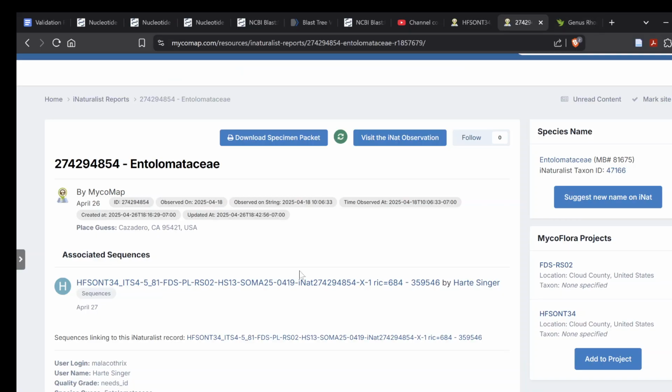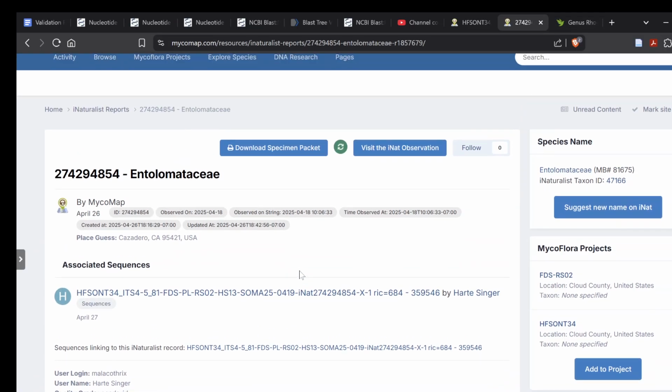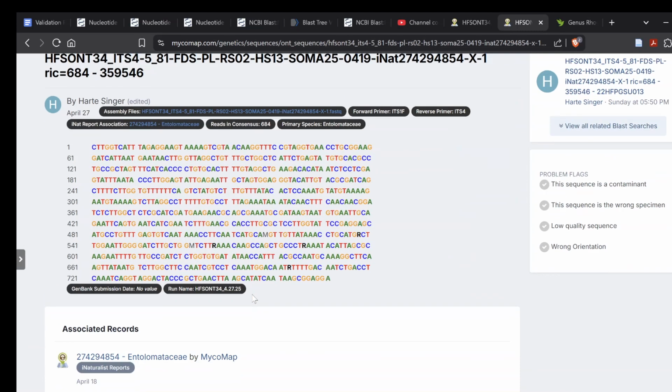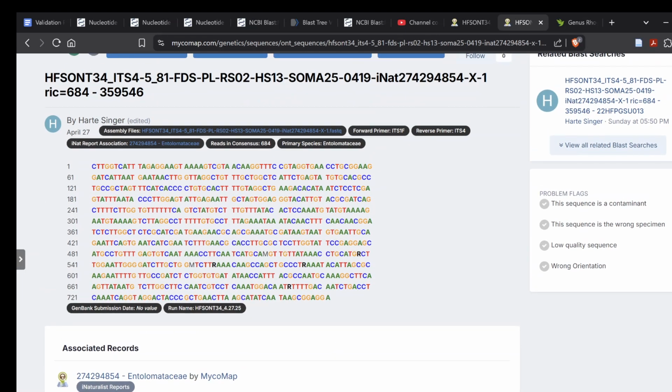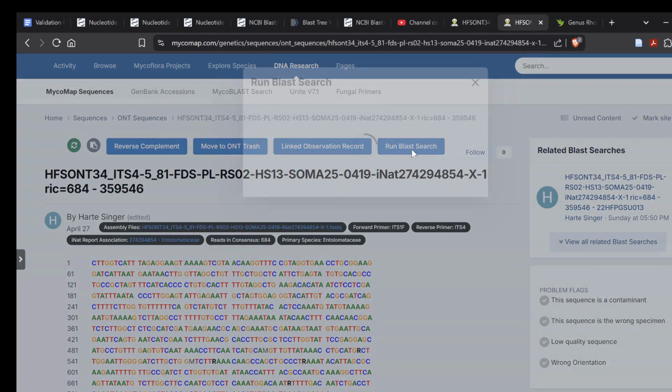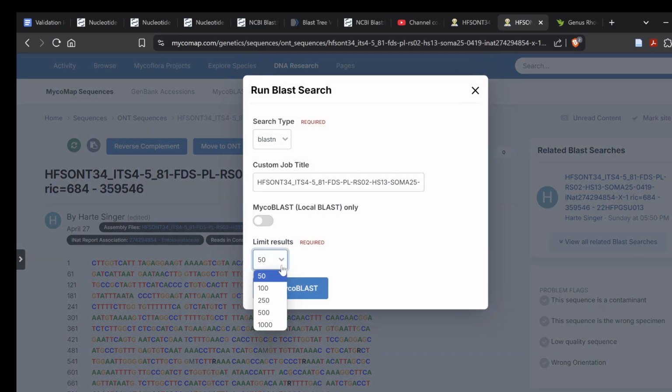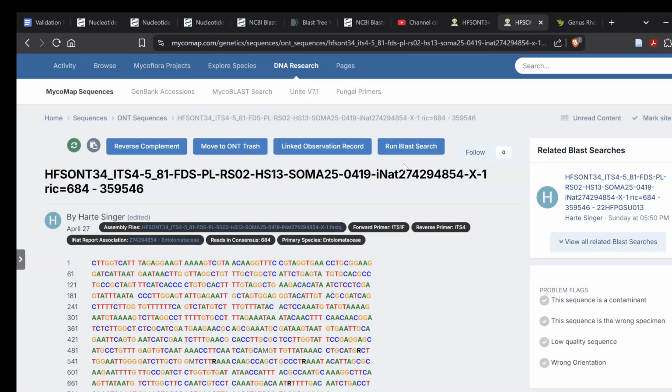You would go to the dashboard. Rather, you'd go to the sequence page here, and you would go to Edit, and you would replace whatever sequence is in there with your consensus, and then you would go ahead and do a new blast search. And probably 100. Whenever you're doing really polymorphic sequences, it helps to have more results because it'll probably match against a wider berth of things. So the more matches you have, the further down you can see